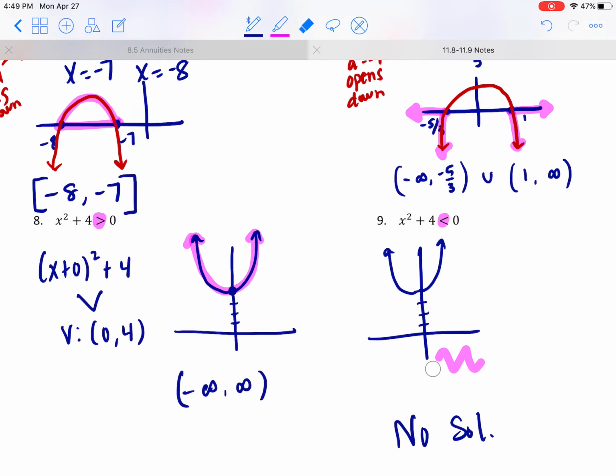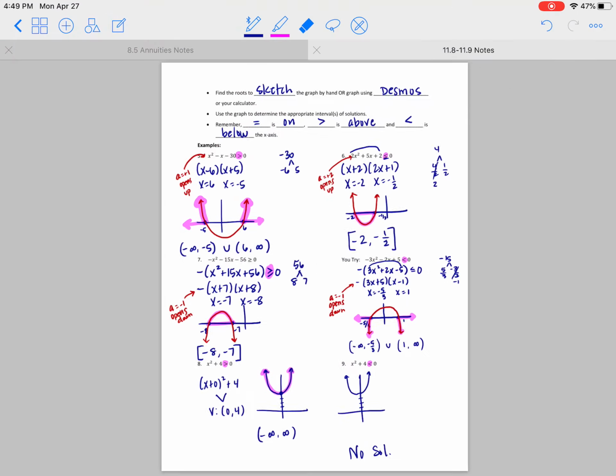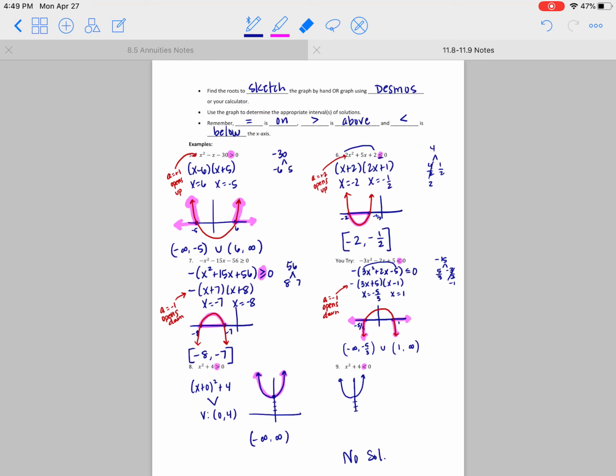Okay, so once in a while you'll get one of these special cases where your graph isn't above or below, or it's always above or below. So it's possible to have an infinite interval of solutions, and it's possible to have no solution set. Right? Otherwise, you're looking